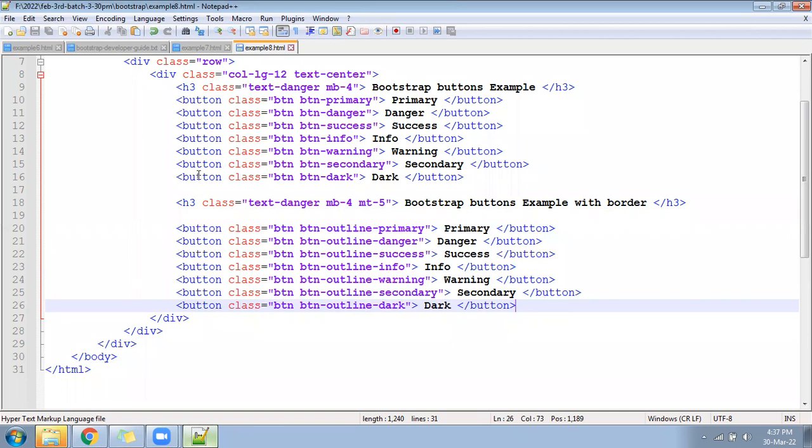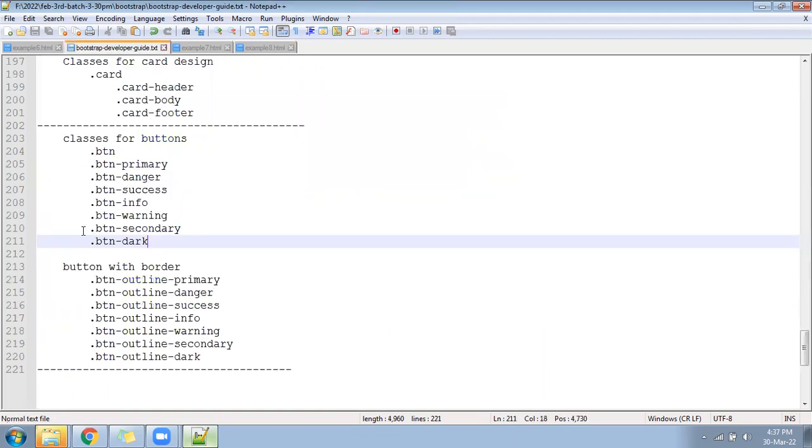Now ready? Save now. Come to the developer guide. Write the next.